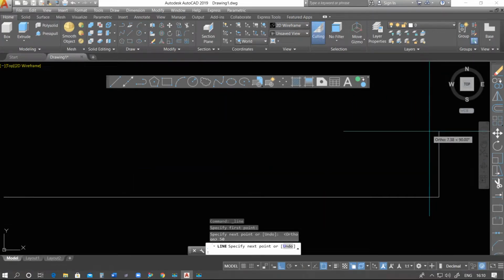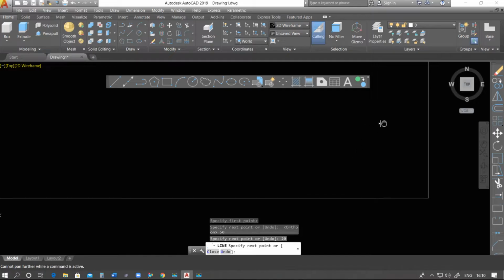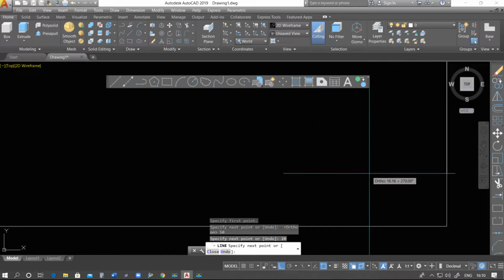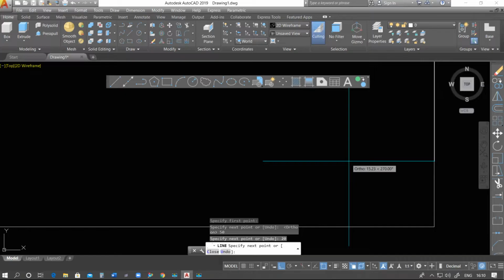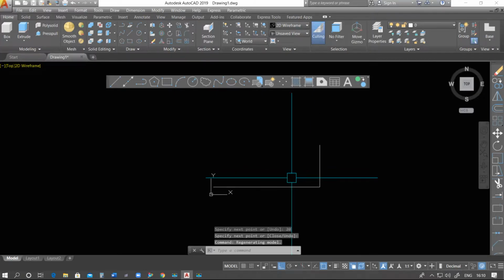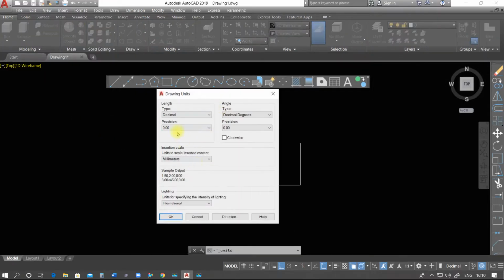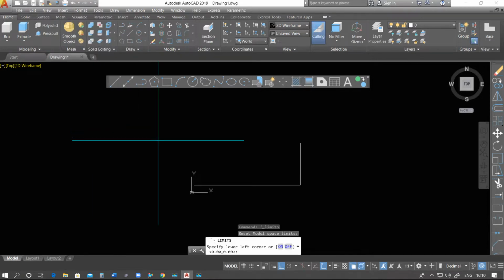Okay, now I'm saying that the width should be 20. So this is 20. After 20 it has been broken. Now one problem is occurring during this, that I'm not able to zoom in and zoom out this drawing in a proper way. What is the exact reason for this? That's very good that we have got this problem during this session. Whenever such types of problems come up, you just set drawing limits. First let's see. Yes, I have set the drawing unit. Maybe I did not set drawing limits.